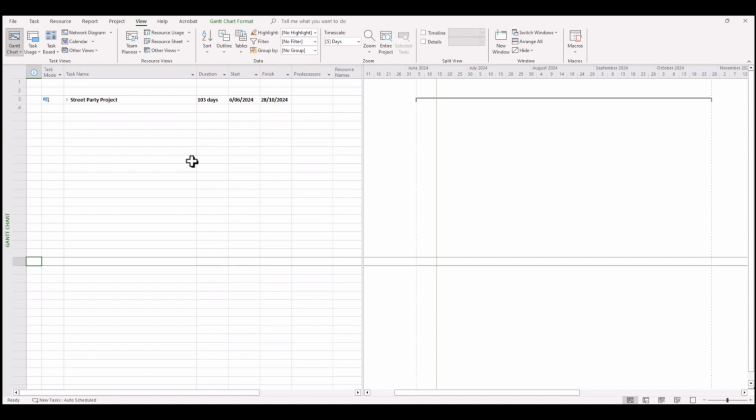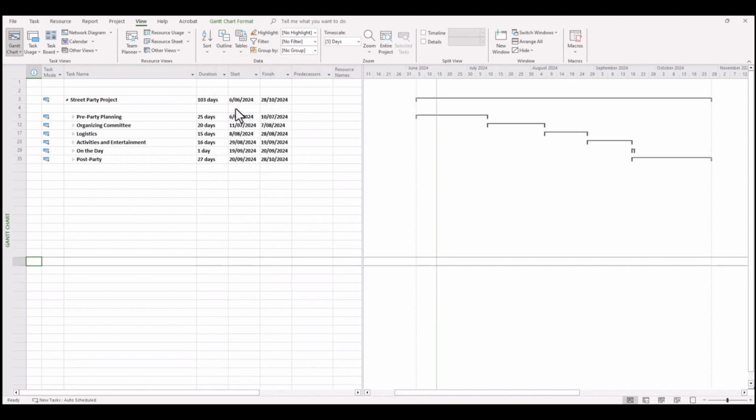But imagine if you had multiple projects. You could certainly use the outline level 1, and that could just give you a really high level or bird's eye view of the projects you've got within a given program. The next step, or next level down, is level 2.